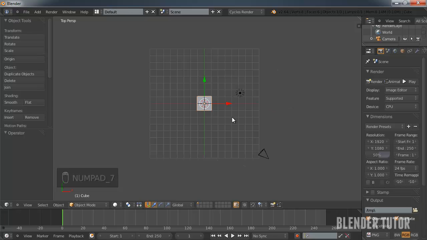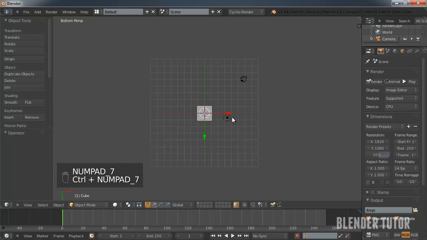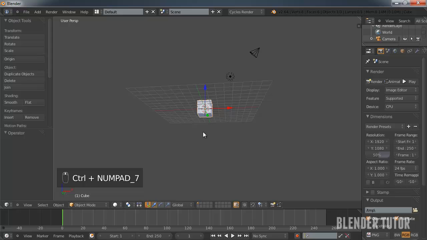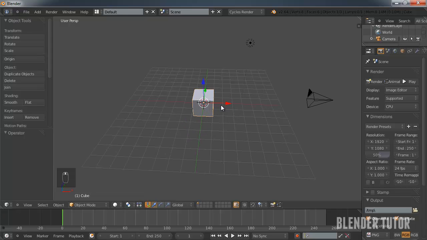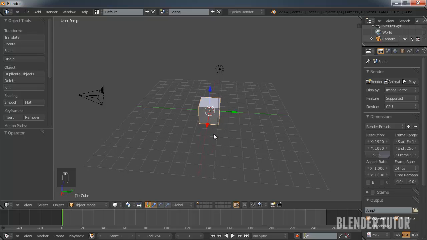from the top view. And then if you hold down Control, so if you hit 1, it's front. Control and 1 is going to be back. So basically Control plus the number will be the opposite. 3 will be the one side, Control 3 is the other side, and 7 is the top. Control 7 is going to be the bottom view. So try to remember those, and you'll be moving faster in no time.